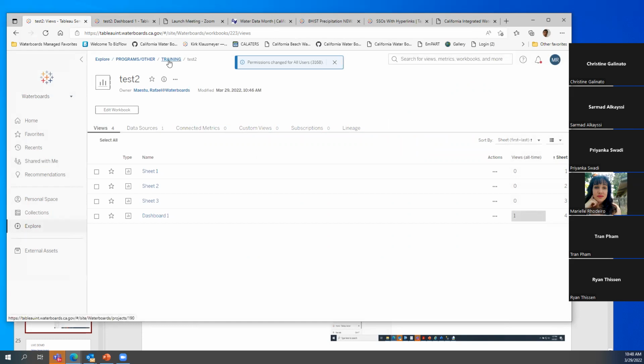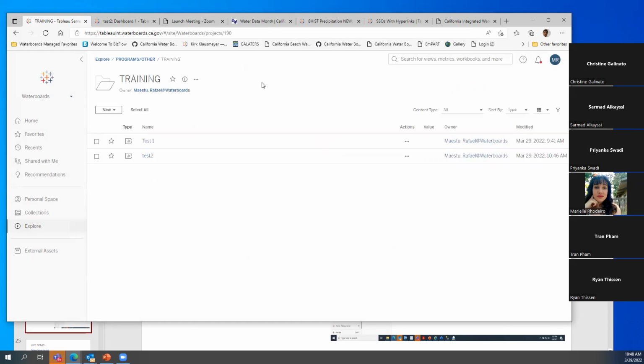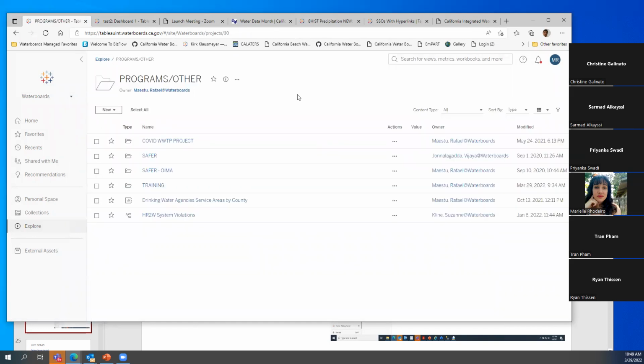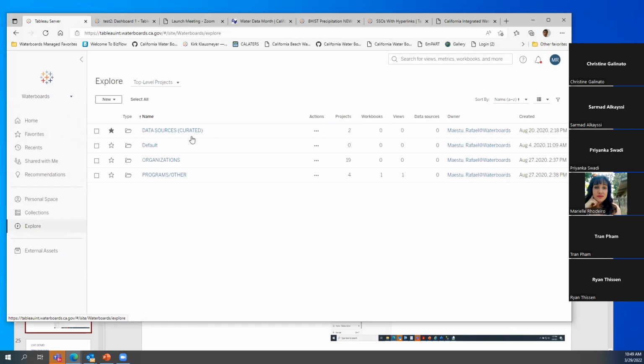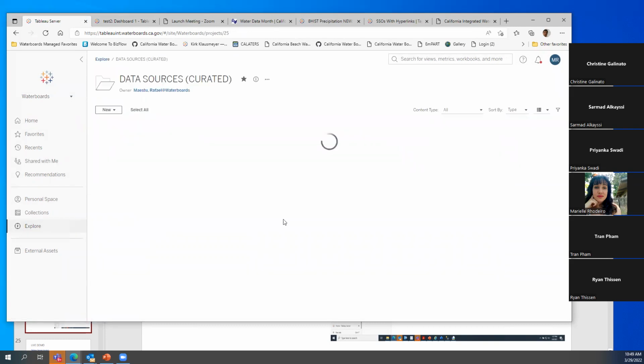But again, I think that's one of the great advantages of having the Tableau server, where we can all collaborate on multiple projects using the same data sources. One of the challenges that we had from the beginning of the water boards was really to be able to access that data in a format that we can start working with right away.